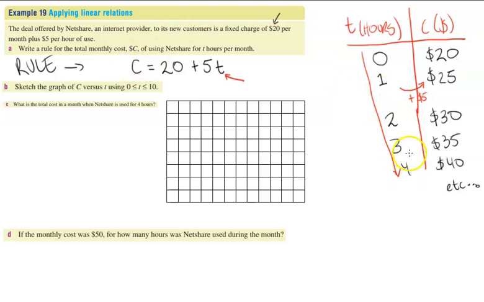So again, if I chose 4 hours, I would just plug this into this formula. 5 times 4 is 20, so $20 for this portion of the fee, plus an extra $20 for the fixed charge. This gives me my cost is equal to 40, which is what we found out right here. So this rule just represents all the different T values that you can put in. We don't know what the T value is, but we do have a rule that we can depend on to determine our final cost. So the second thing we need to do is we need to be able to sketch the graph of C versus T